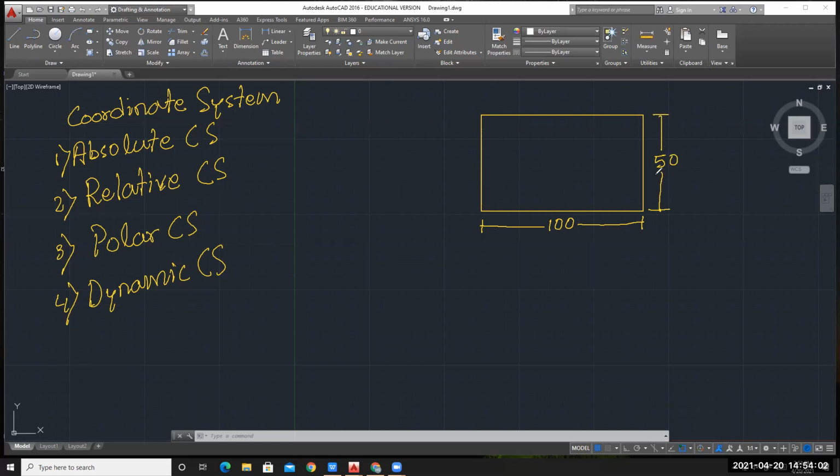If I write the coordinate values of this point, suppose it starts at 10, 10, let's keep 10, 10. Let's name all the corners A, B, C, and D. I'm writing inside, but it is better to write outside. That is the standard way.